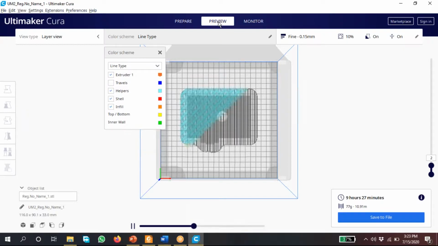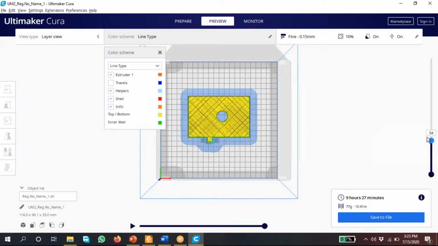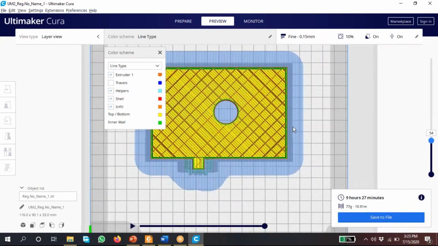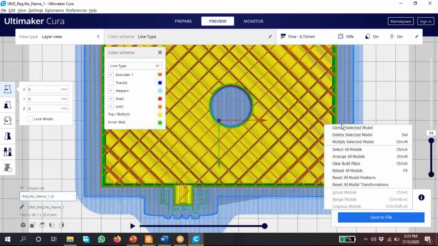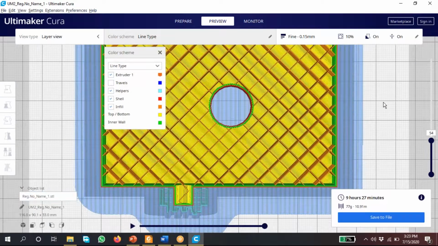Srikant garu, just a minute, sir. For shell thickness, the wall thickness by default is 0.7 mm. What is the value we have to set? It is 0.7 mm, showing by default. You can keep it at 0.7 mm, by default only, sir. Actually, you don't need to change anything.